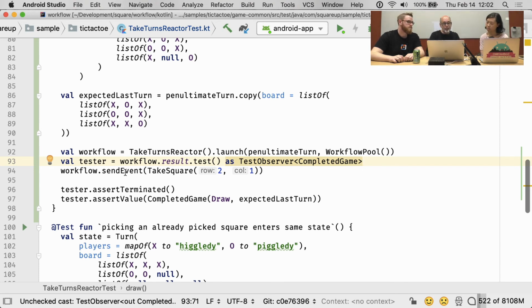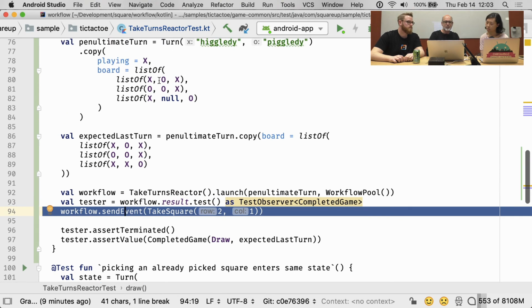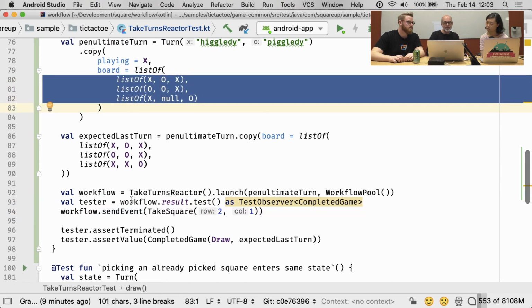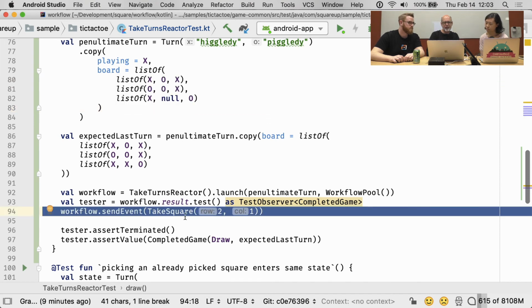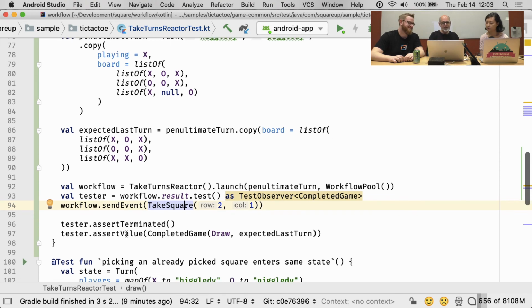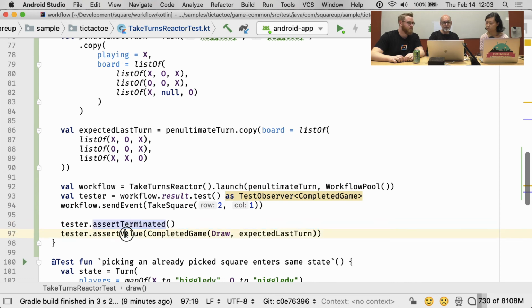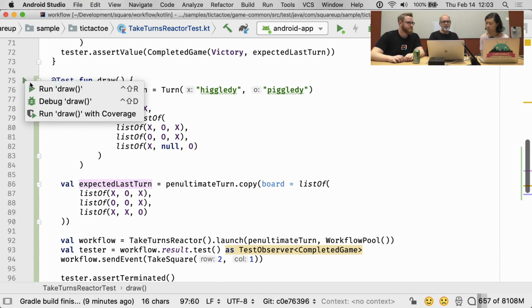And so our test is we've created the workflow, and the workflow is in this state. We create it, and then we send an event. We want you to take this square in row 2, column 1, because we're programmers and everything is 0 indexed. Right, of course. And then our test is, okay, it should have been finished by now, and the result that came out from the result field should have been a completed game in the draw state, and the board looked like this. And of course, if we run this test,